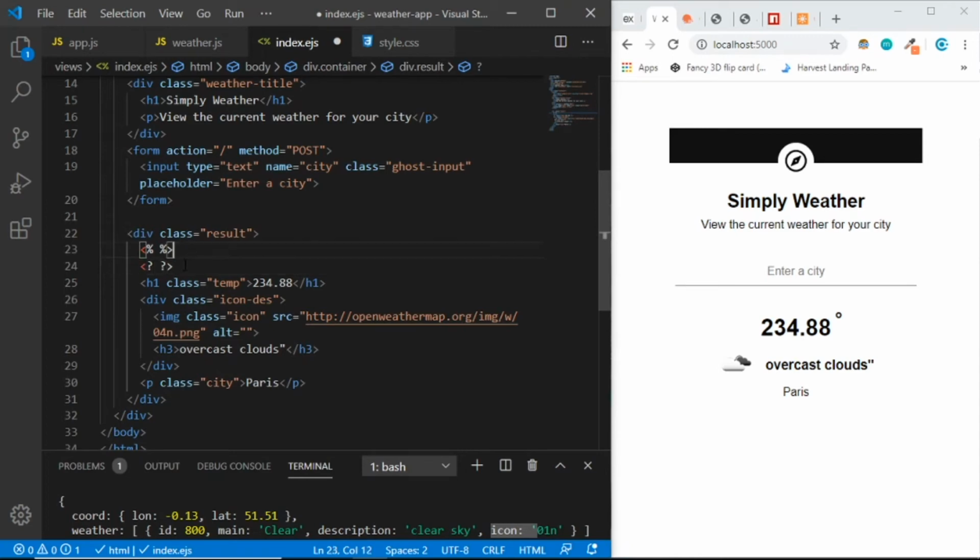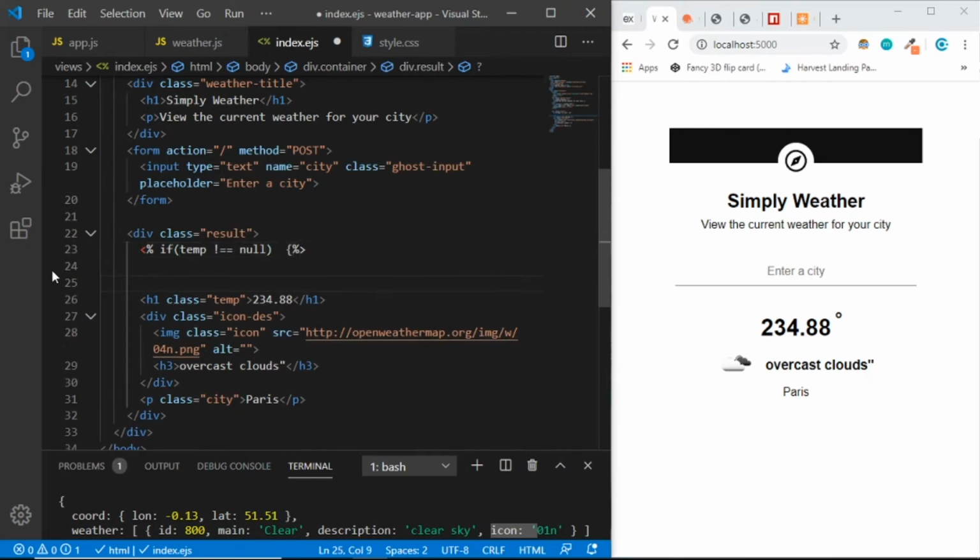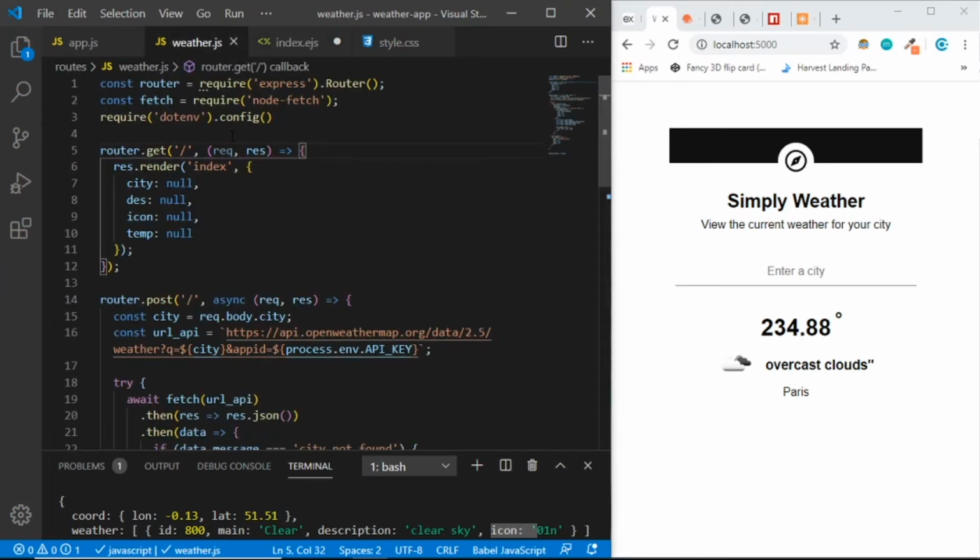It's very similar to PHP, I think. So in here we need to say if temperature is not equals to null,